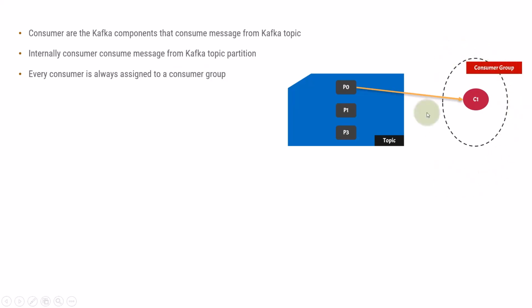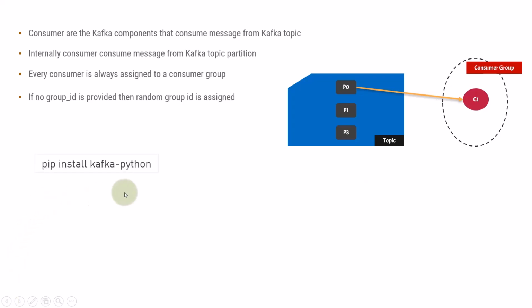A consumer group can be represented like this, which means that it is a logical entity which constitutes one or more consumers. For now, you just need to understand that every Kafka consumer is registered inside a Kafka consumer group. They cannot exist independently. If no group ID is provided, then a random group ID is assigned. So let's say you're creating a consumer and you haven't provided any group ID, or you are not registering that consumer to any Kafka consumer group. Then a random group ID will be created and that consumer will be assigned to that random consumer group ID.